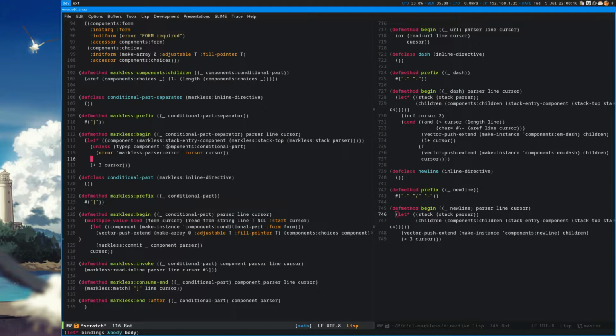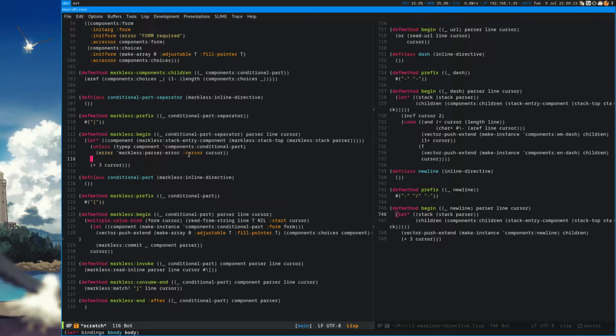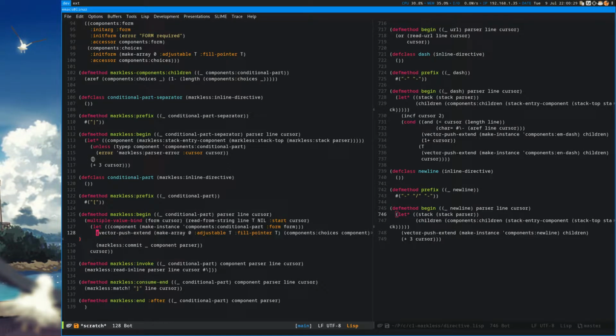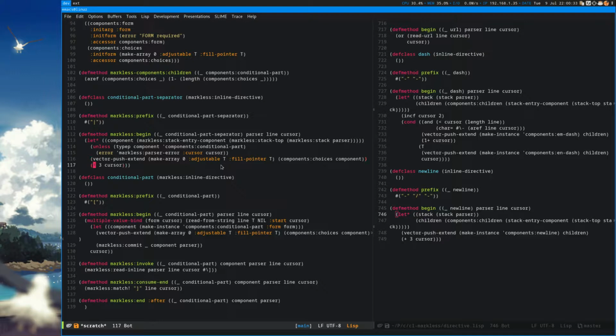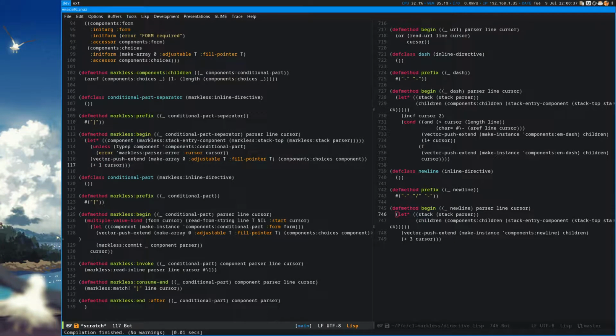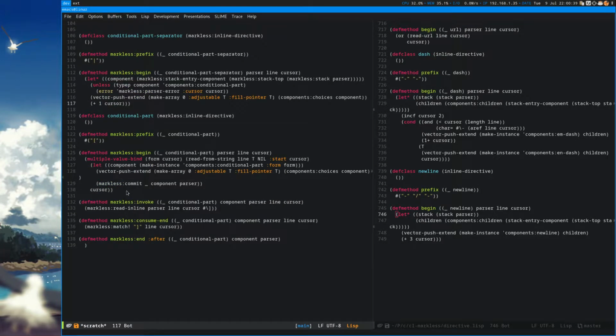Okay, so that's a sanity check to make sure we're only matching this within a conditional part. And then we start a new child array, so we do that with this. And then we advance the cursor by 1, and that's all. Now,